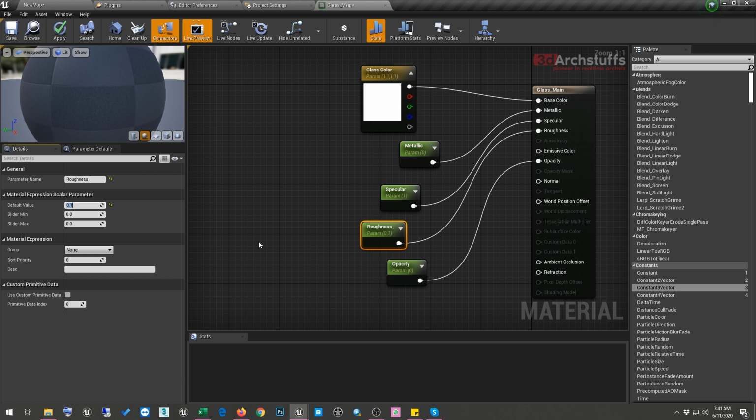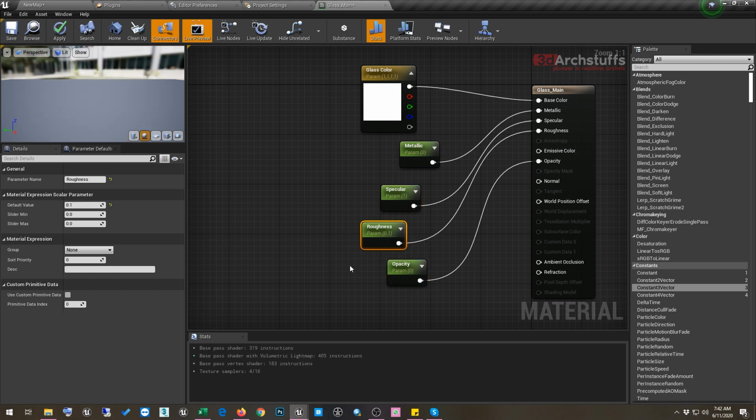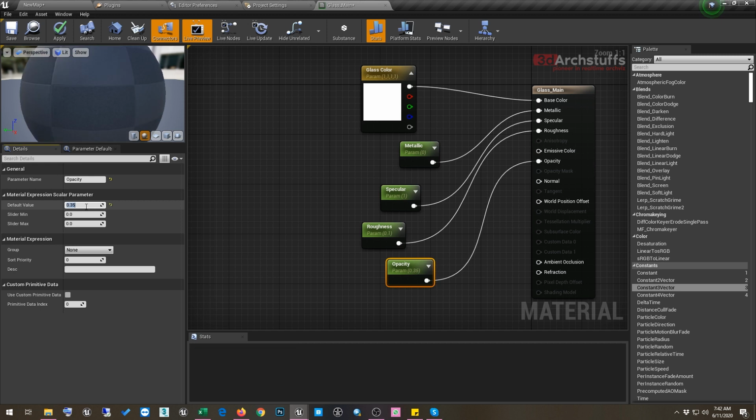I already know that in most cases I need a specular of 1 and roughness of maybe 0.1 on most objects. So I will start from here, and then further tweak it to get the perfect reflection and specularity on the surface. And for opacity you can also make the default value 0.35, and then we'll apply it.